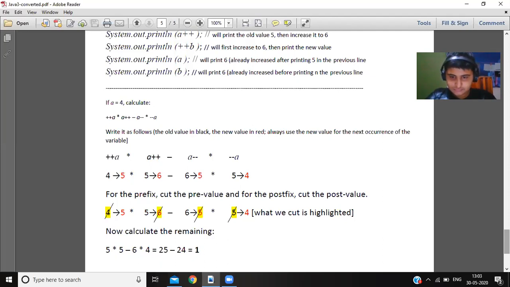A minus minus, the last value is 6, so 6 becomes 5. Minus minus A, the last value is 5, 5 becomes 4. For prefix, cut the pre-value, postfix, cut the post-value. And then calculate the remaining and you get the answer. This you have to practice because this comes.